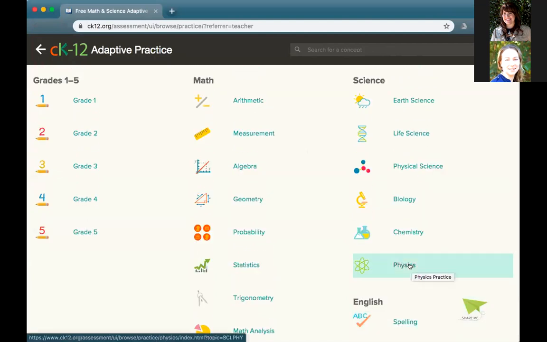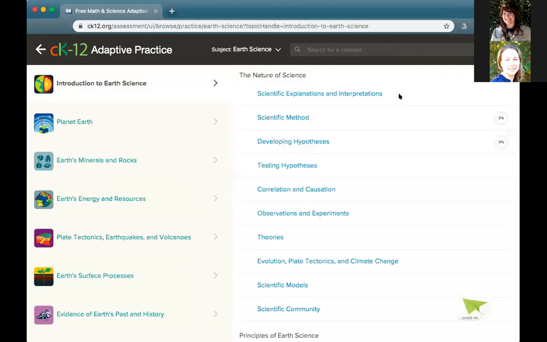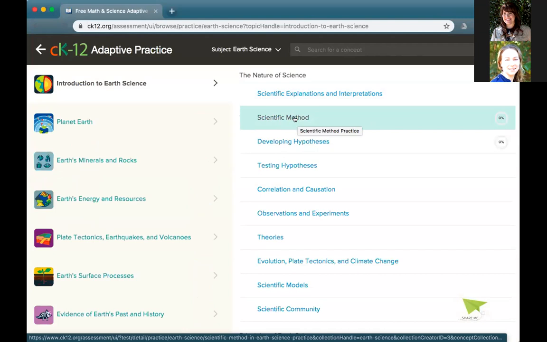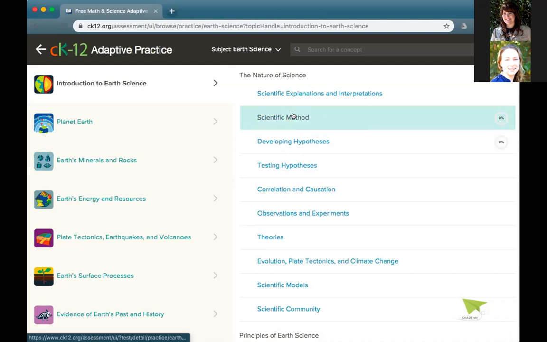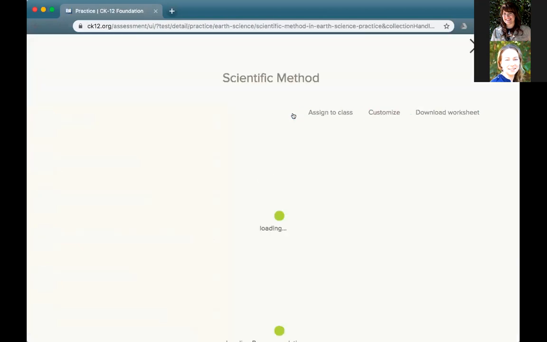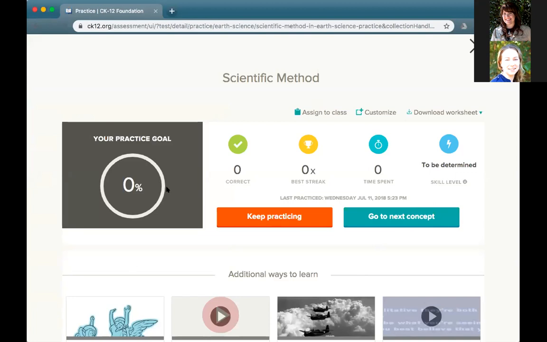So I could pick, let's say, Earth Science. You can see it looks like I've opened the scientific method, but I haven't necessarily started it. This percentage on the right-hand side is actually what students will see as they work their way through practice. So that is something that if they browse through practice, they could see anything that they had been working on. But if I go into that scientific method option, I could go from right here. I could check out the practice by clicking on keep practicing or start practicing or view practice if you hadn't